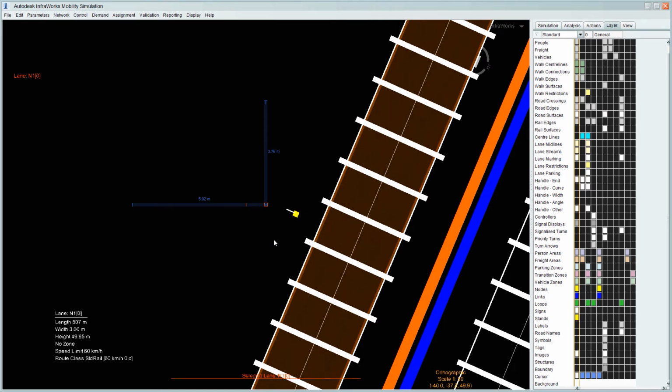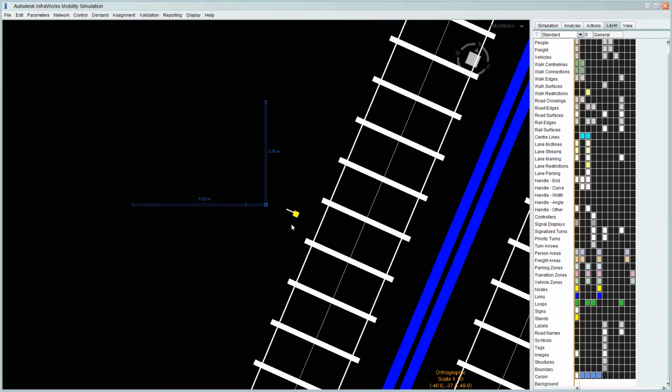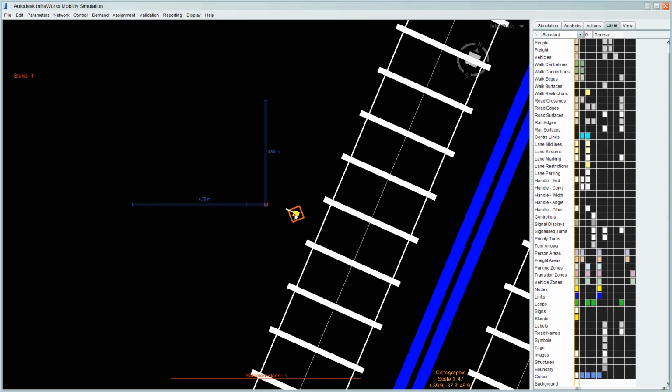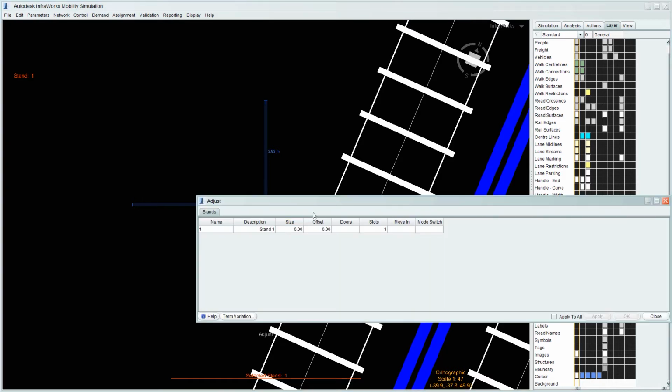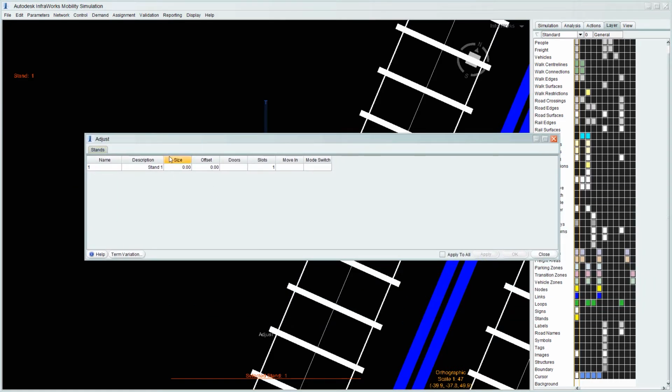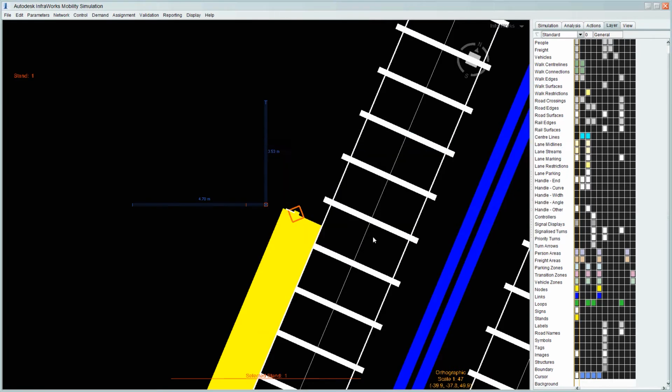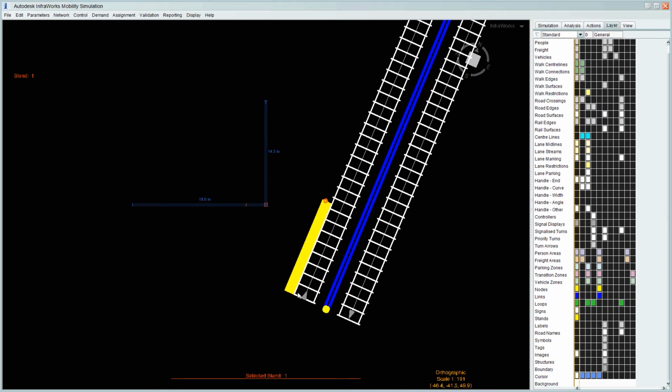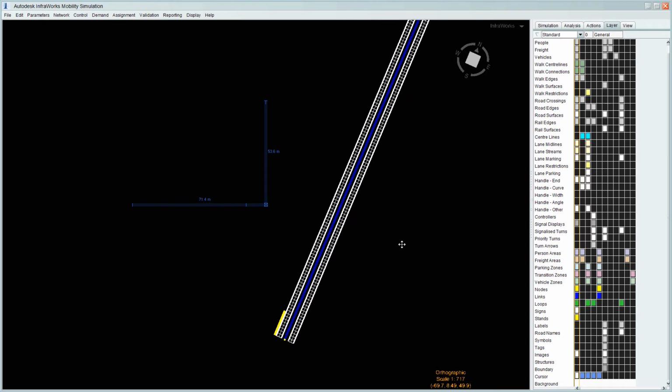So what I would do at this stage, just to make your lives easier, is just to click on it and then go to adjust and make it bigger. So just make the size 40 or something like that and hit apply. And you can see it's now extended that down to the end. Okay, and then we'll move on to the next one.